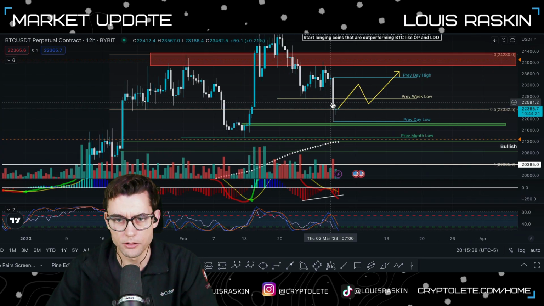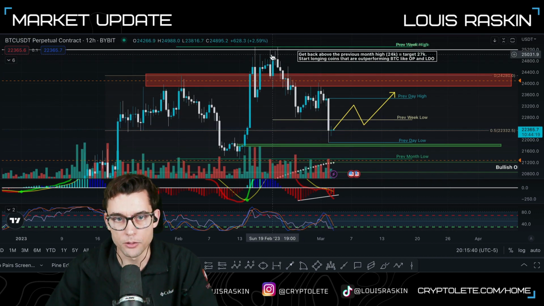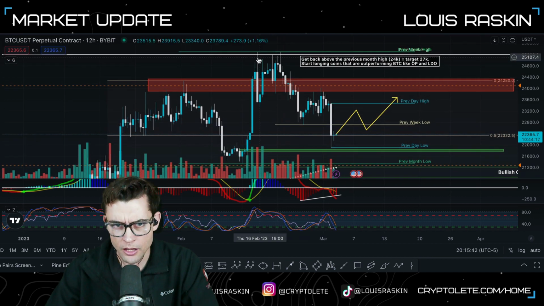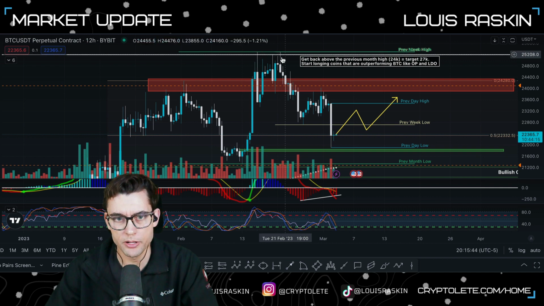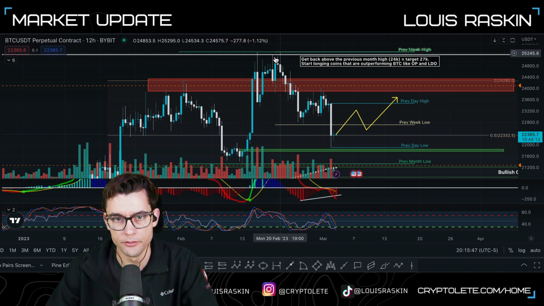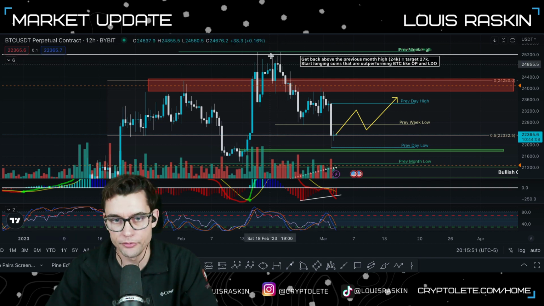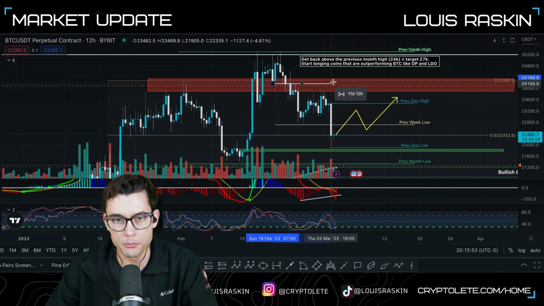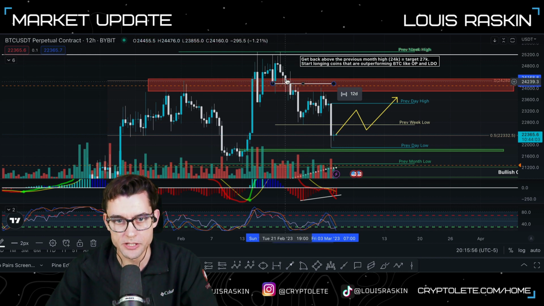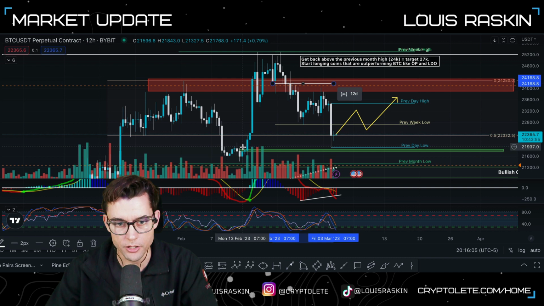Let's take a look at this. Let's use the 12-hour for this. From up here, what did we have? We had a bunch of swing failure patterns, very indicative of a move that was going to move up, followed by a move that was going to move down. And then we had the break in the market structure right here, which means that you would create a short position somewhere up here. And that's where this got tagged. You would target 1, target 2. So target 1 was hit right here, and then target 2 was hit right there.